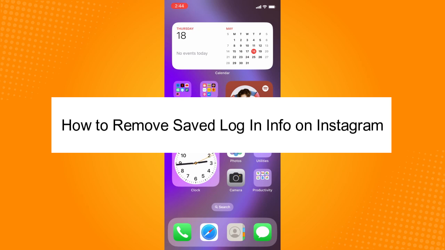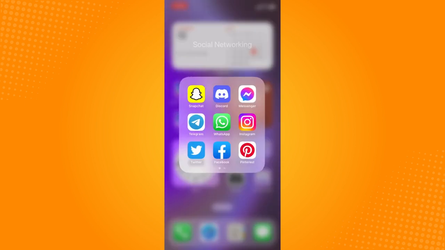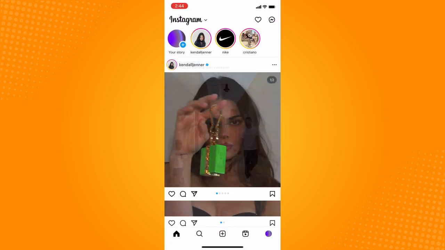How to remove saved login info on Instagram. So all you have to do is to go directly to your Instagram application, and it will lead you here